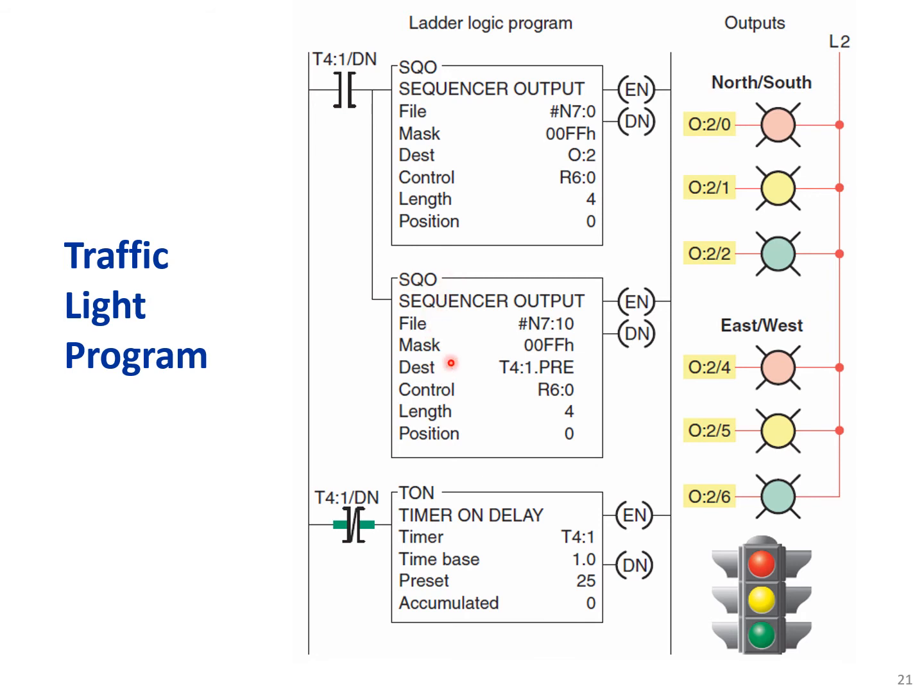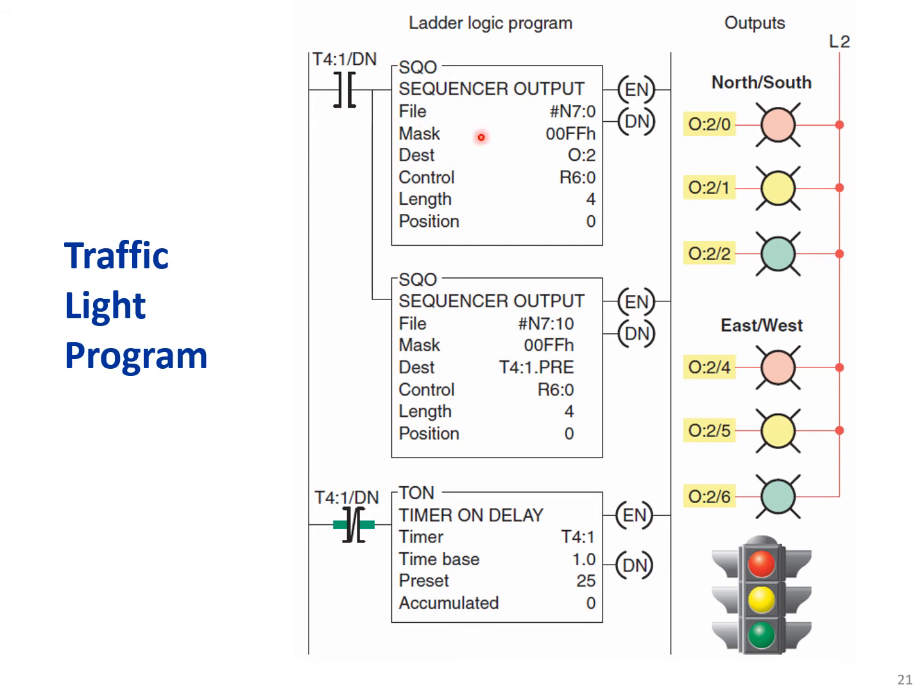Now, we have basically here another SQO. Okay, and you see the difference between this SQO and the other one is the destination. And destination is a preset time value of the timer. Okay, so we are changing the preset time value of the timer. And what is the timer here? The timer at the beginning has 25-second preset time value. Okay, once the done bit of the timer is true,